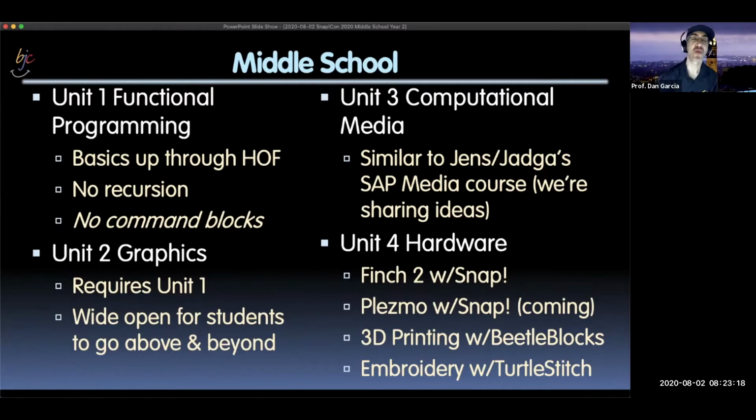And so we're going to try to make the unit in an interesting way, which is: if you only had one of them, could you do all of this? That's the hard part, the challenge. Could you do this whole unit, meant to be a 3 or 4 month experience, if you only had the Finch, or if you only had Plasmo? So we need to spend some time thinking about how to do unit 4, almost like we did unit 1, where it's like 1 and then 2, 1 and 3. What if you only had hardware with the Finch, or hardware with 3D printing? Could you do the whole semester with that?